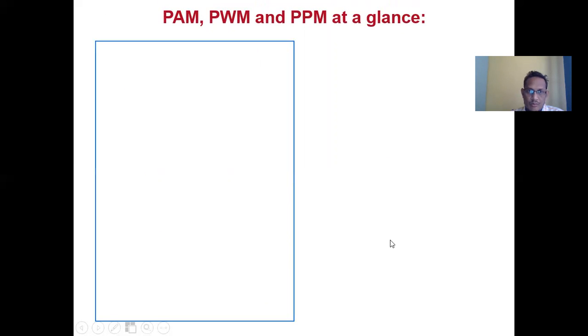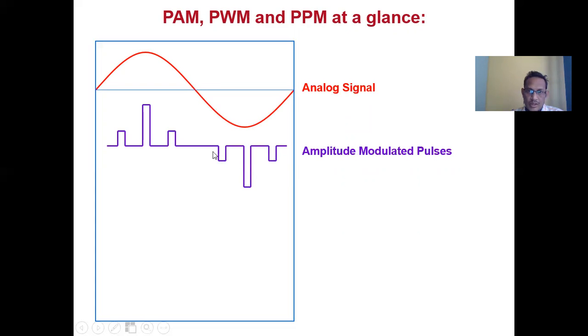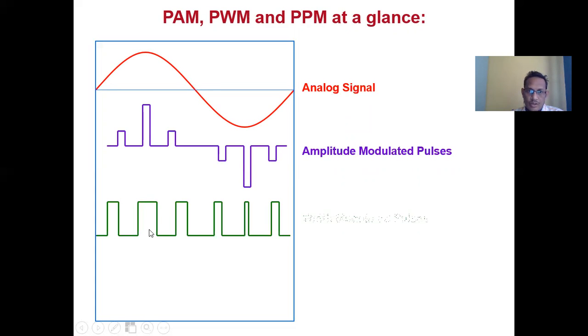So at one point you are able to generate pulse amplitude modulation, pulse width modulation, and pulse position modulation. This is nothing but the analog signal, the modulating signal. This is called pulse amplitude modulation. This is called pulse width modulation. As per this case: maximum amplitude, maximum width; minimum amplitude, minimum width. This is in the case of pulse amplitude modulation.